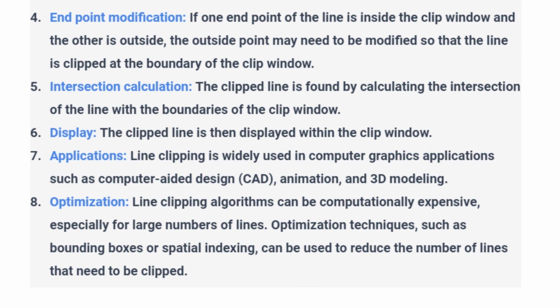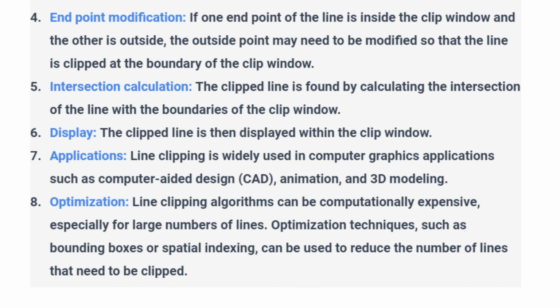Applications. Line clipping is widely used in computer graphics applications such as computer-aided design, CAD, animation, and 3D modeling. Optimization. Line clipping algorithms can be computationally expensive, especially for large numbers of lines. Optimization techniques, such as bounding boxes or spatial indexing, can be used to reduce the number of lines that need